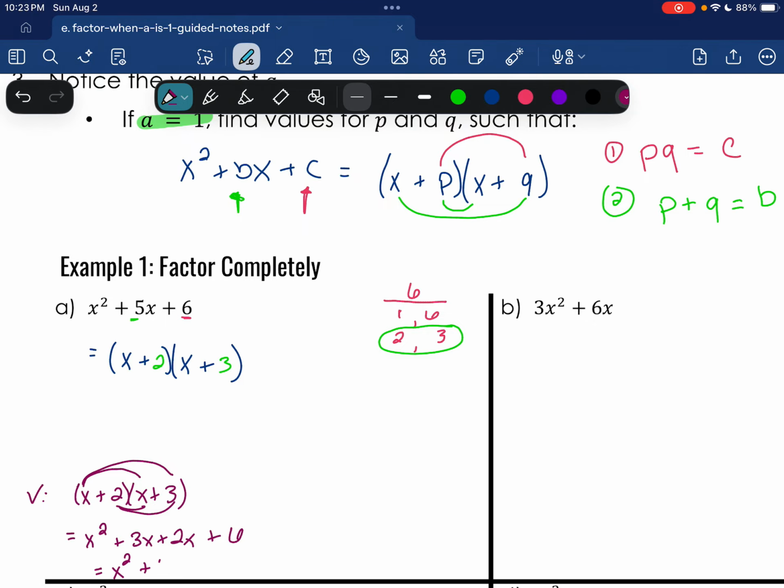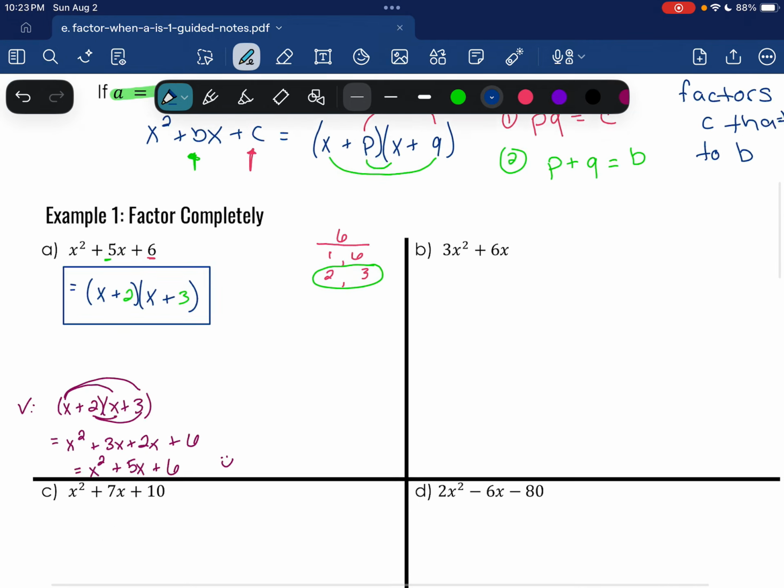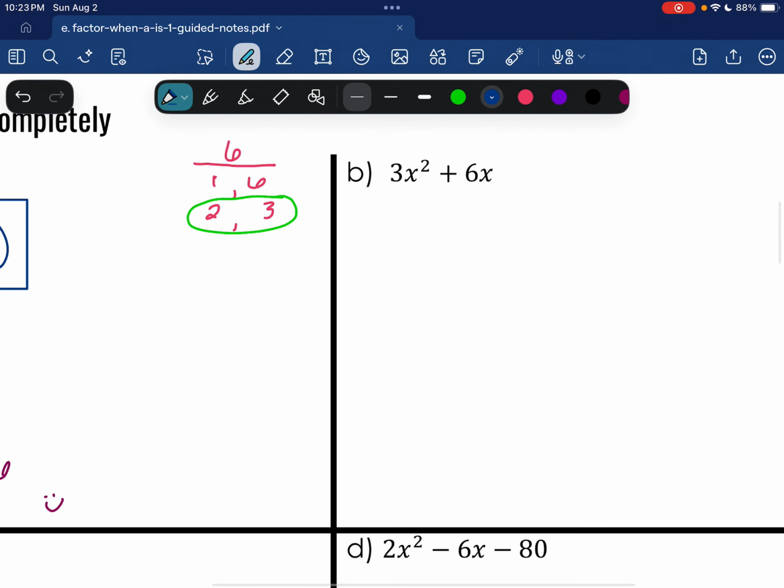All right, now I know what you're thinking. Okay, I got the hang of this. Then I'm throwing a little wrench in here. This is just a little heads up. In the future, we're going to be going about our lives in Algebra 1 or Algebra 2 or Pre-Calc, and we're going to have to factor something, and you're going to have to figure out what's going on. And you won't always know ahead of time what method you're going to be using. So that's why I sprinkled this little fun one in here,